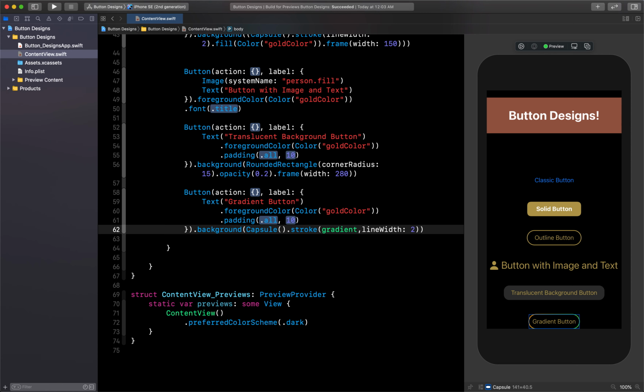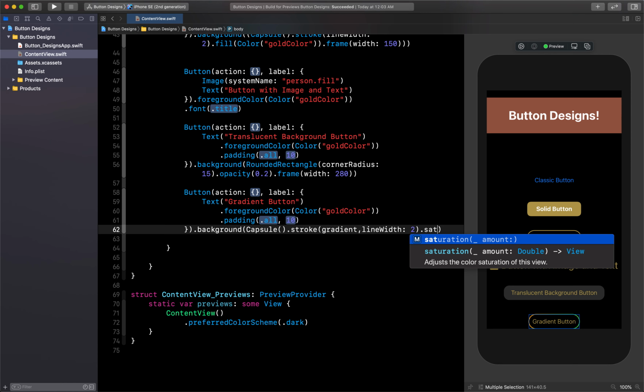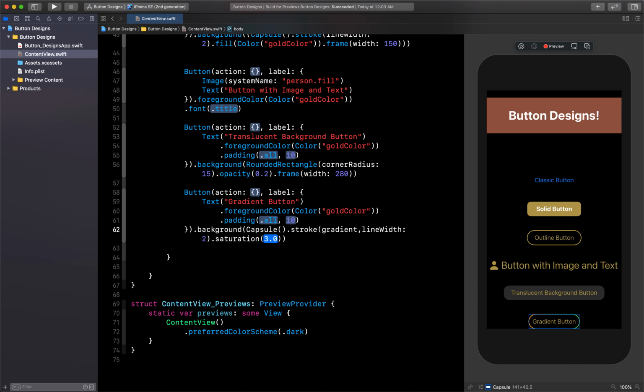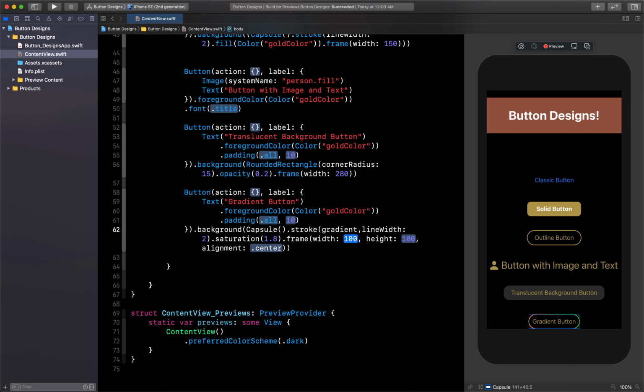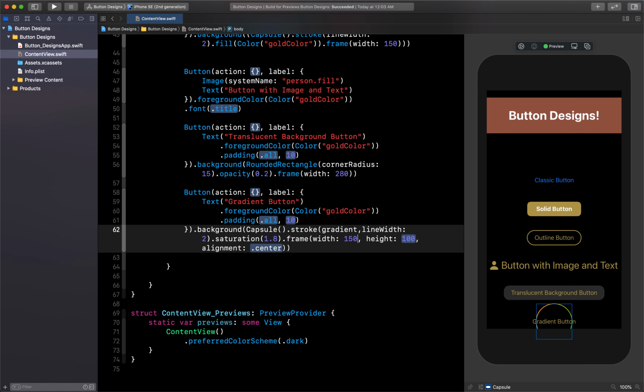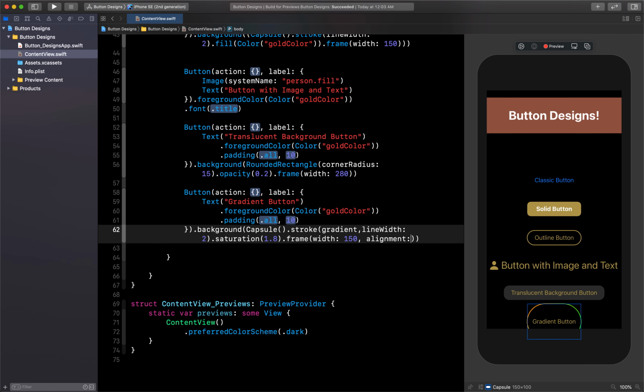Now the next part is I want to give some saturation. Let's do that. Saturation will be 1.8 so that our whole gradient color will look good. And then the frame, I want to give only the width part, so here I will pass the width of 150, and let me just remove this height part and alignment part.